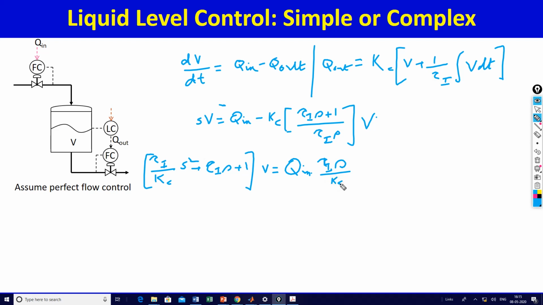So what we get basically is that V divided by Q in is equal to